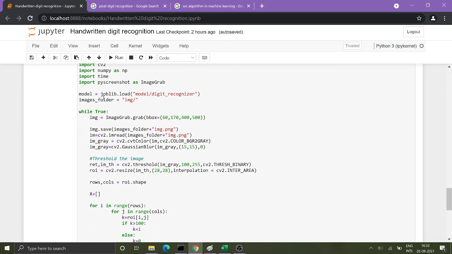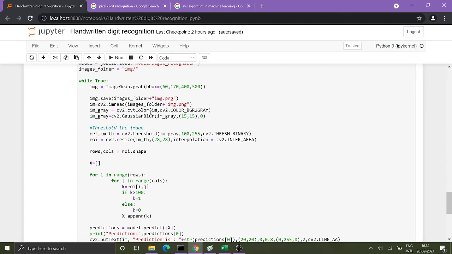Then joblib.load. As I said, it makes our work easy, it will just load whatever path is given. So it will load the model we made, and the image folder. Here we have created a new path for the image, then it will grab the image.